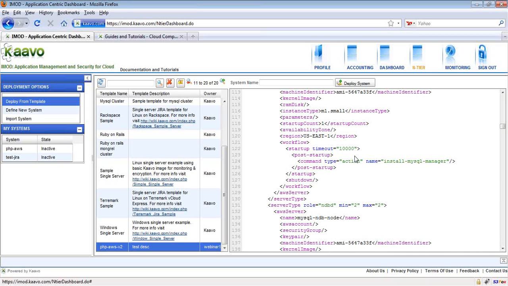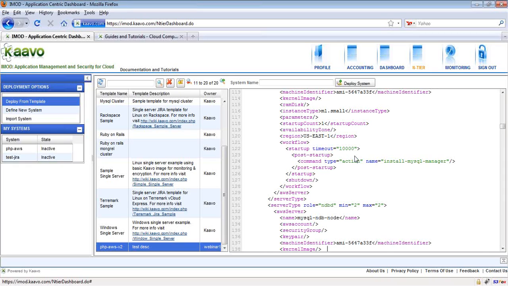But if you do it in the proper way, I mean edit the template by creating a system from it, then this problem does not occur. So when you edit a template, you do not directly change the template code.